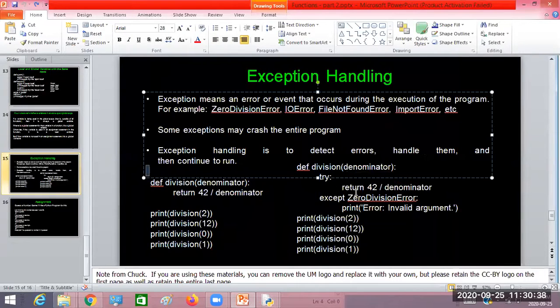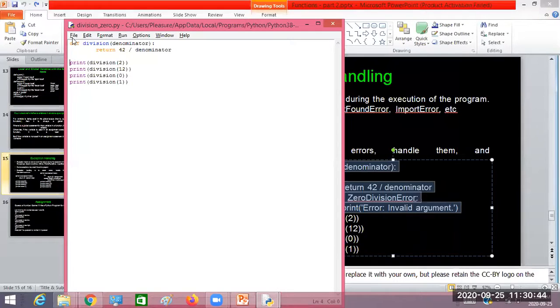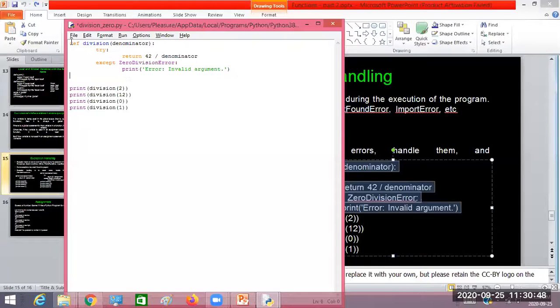Look into this one now. Here I'll take just this part of the code, the other part is similar. So instead of writing only this much, I'll write the try and except clause.